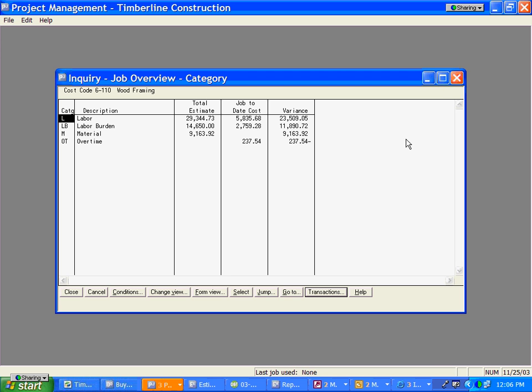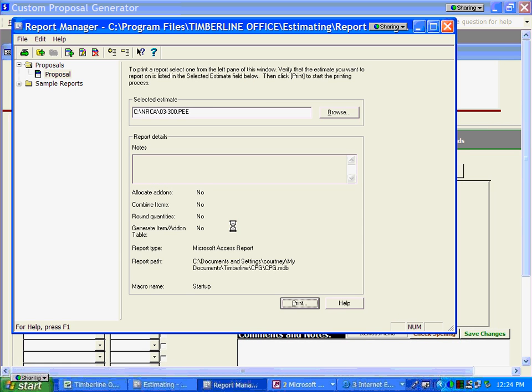Another powerful feature and the tool associated with the Timberline estimating is the ability to not only send information over to my job cost accounting, purchasing, and billing systems internally, but also generate reports for customers. Say, for example, a proposal. Timberline has a tool called the Estimating Report Manager that enables me to take all this information that I derived from my estimate software of labor, material, equipment, subcontracts, whatever I happen to have generated out of my estimate, and